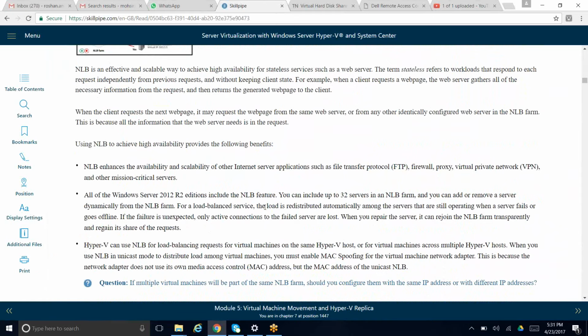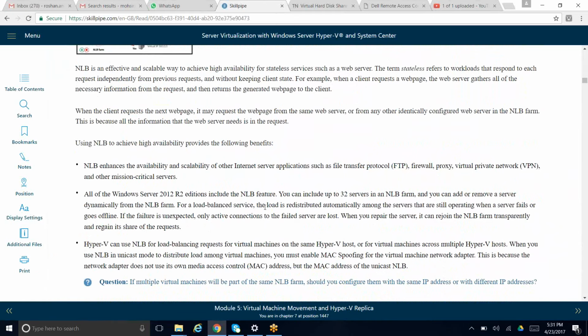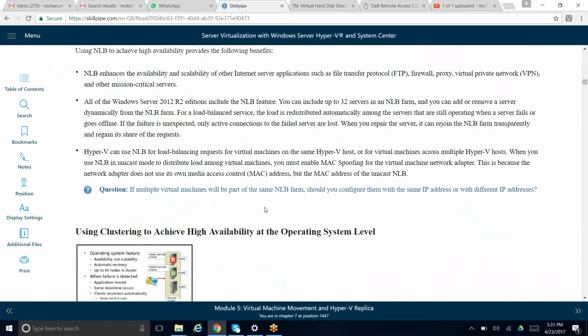Using NLB to achieve high availability provides the following benefits. NLB enhances the availability and scalability of other Internet server applications, file transfer protocols, firewalls, proxy, VPN. All the Windows Server 2012 R2 editions include the NLB feature. You can include up to 32 servers in an NLB farm, and you can add or remove a server dynamically